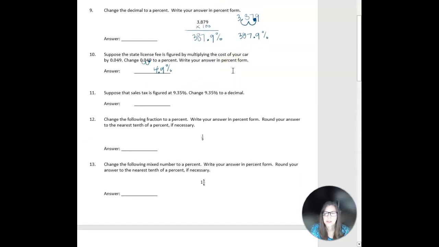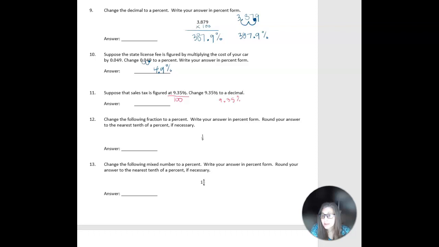Number 11, suppose that, okay, now we're doing the opposite. So now we have a percent and we're going to a decimal. So we do the exact opposite operations. Instead of, let's change to pink, instead of multiplying by 100, we now divide by 100, okay? So another way is to take this decimal,